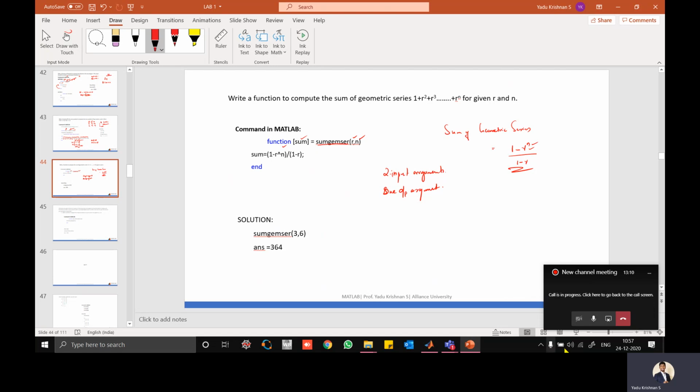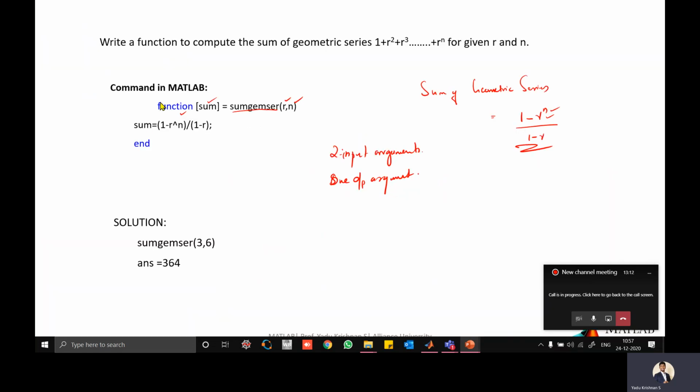So the same thing you can write in a script file also. You have to remove the function things. The only thing is r and n have to be taken. The script file will be: r is equal to input, the number.